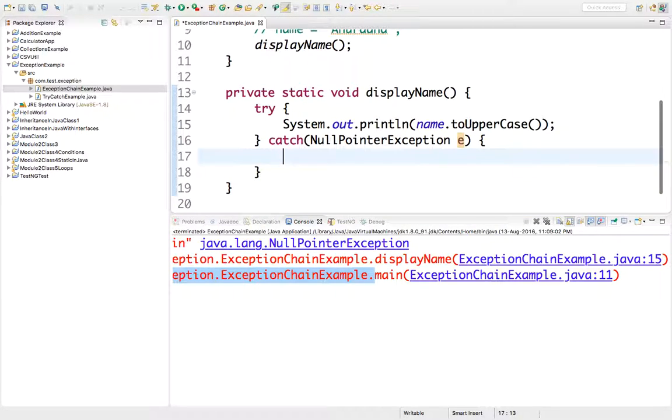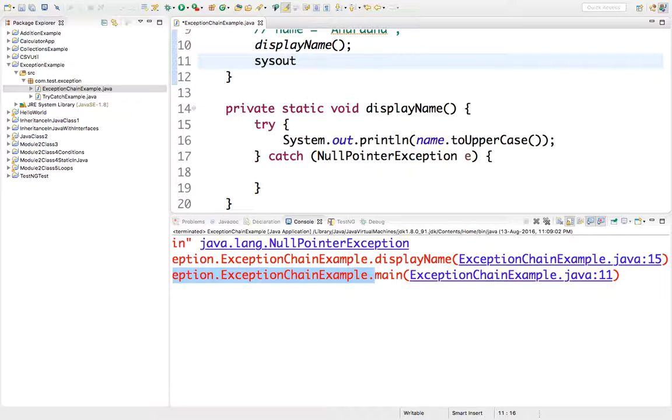So this is a general execution. This is not abnormal execution. If the abnormality happens, we are handling it, right? We're not breaking the code. So after that, I may print sys out goodbye, right? That is the thing which I want all the time. Not sys out, it's going to be goodbye. Fine. So if I'm handling the null pointer exception, it's going to print